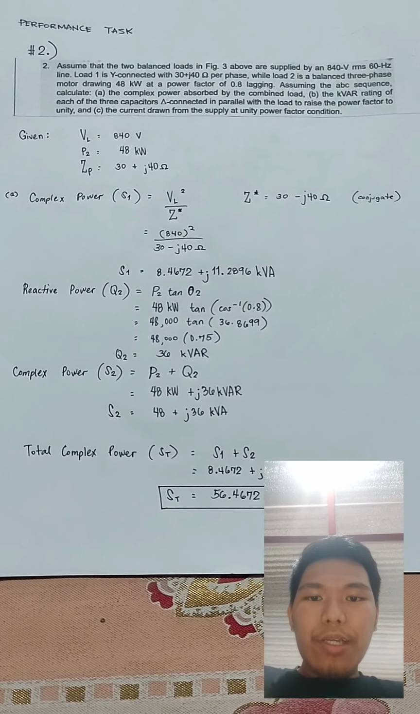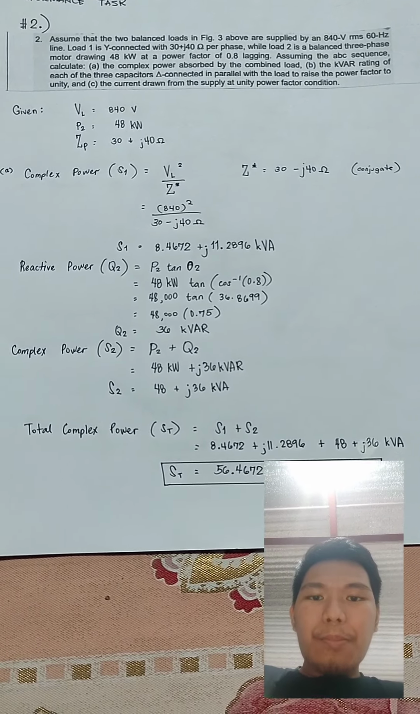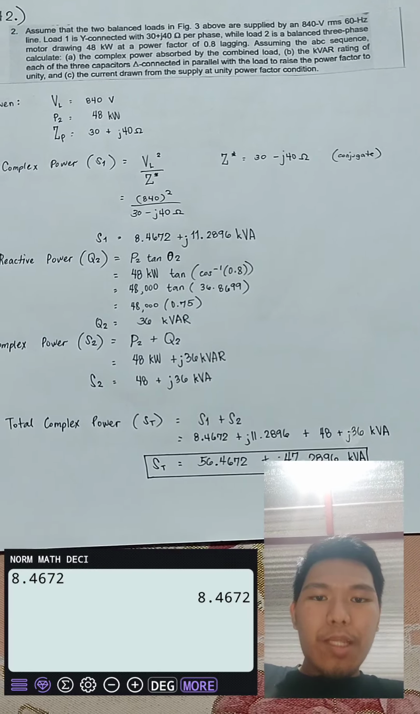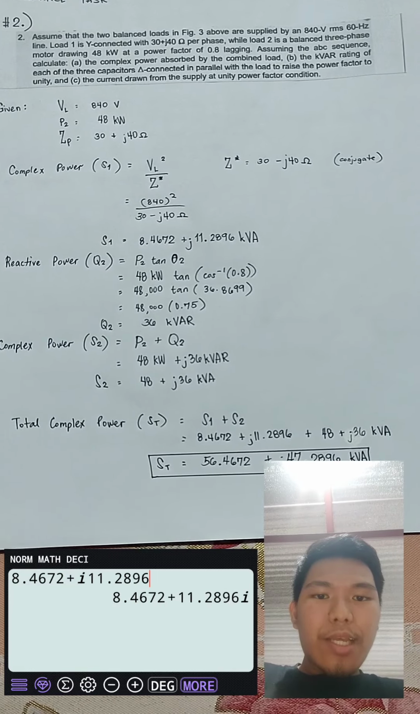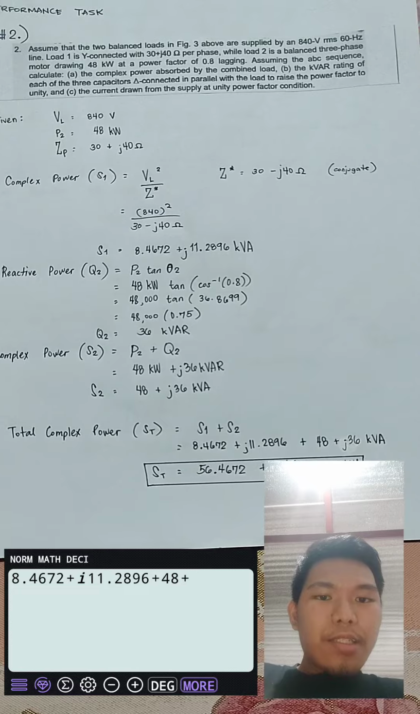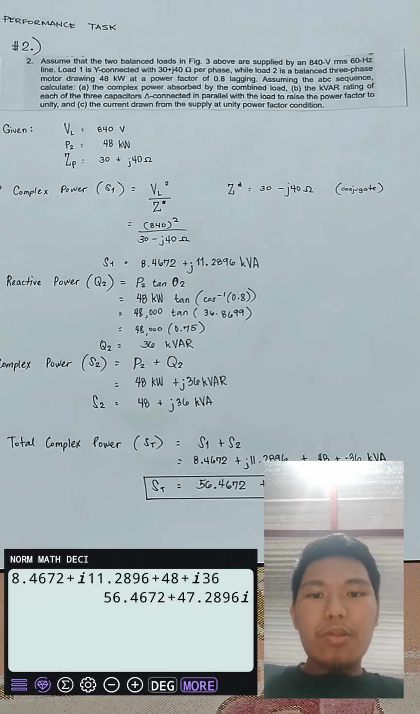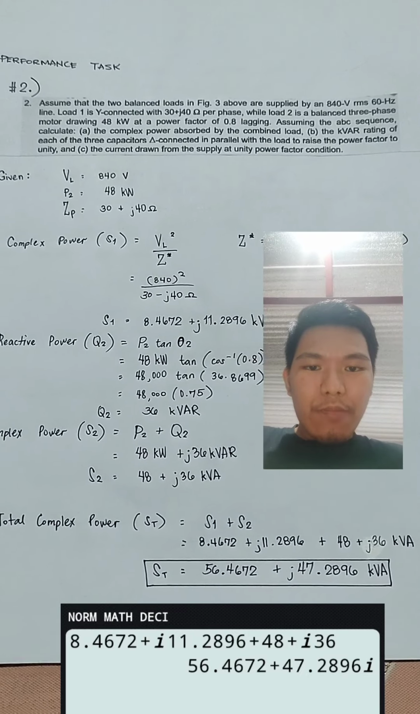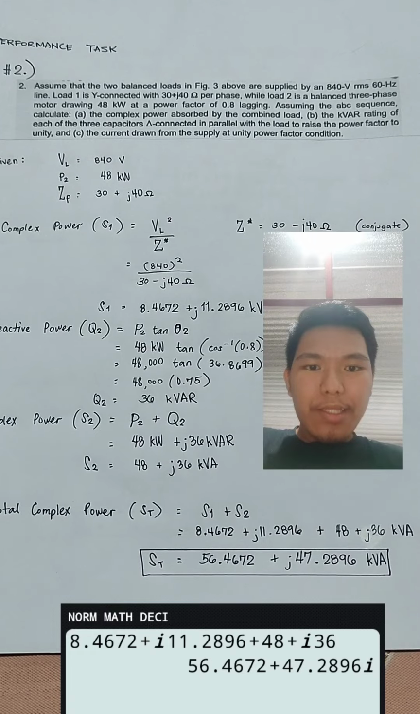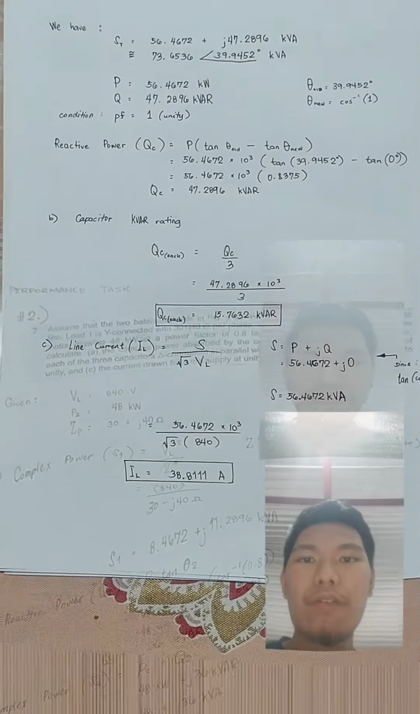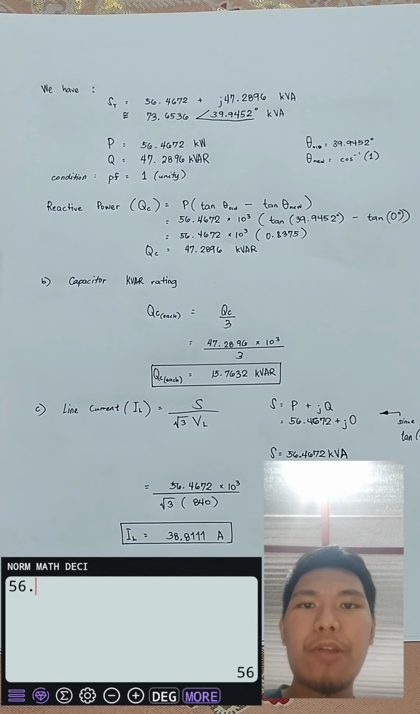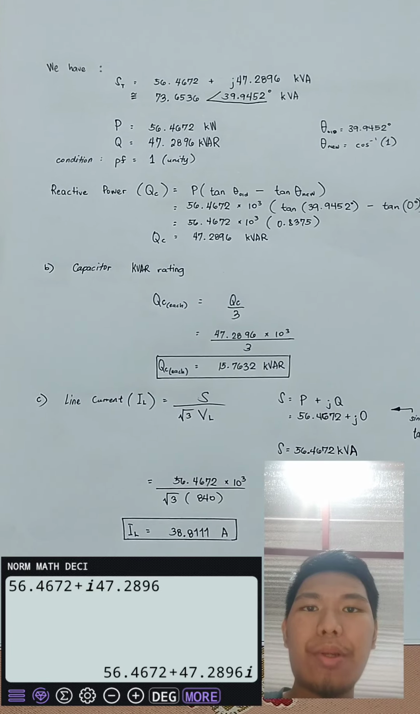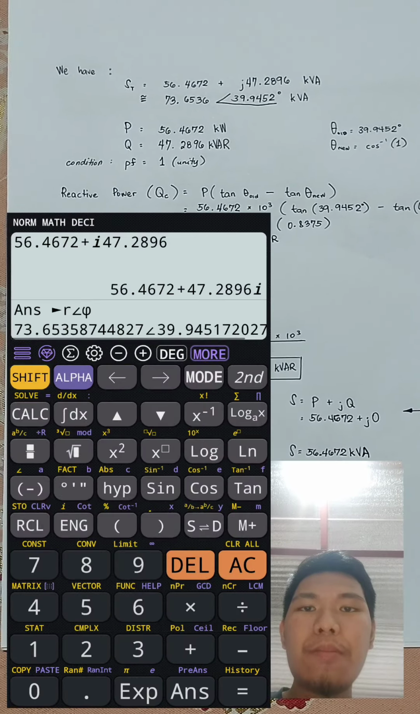For the total power ST, we have to add them up. S1 plus S2 is equal to 8.4672 plus j11.2896 plus 48 plus j36 kVA, which is equal to the total complex power 56.4672 plus j47.2896 kilovolt ampere. Now we have the total complex power of 56.4672 plus j47.2896 kilovolt ampere. We will convert it to its polar form,